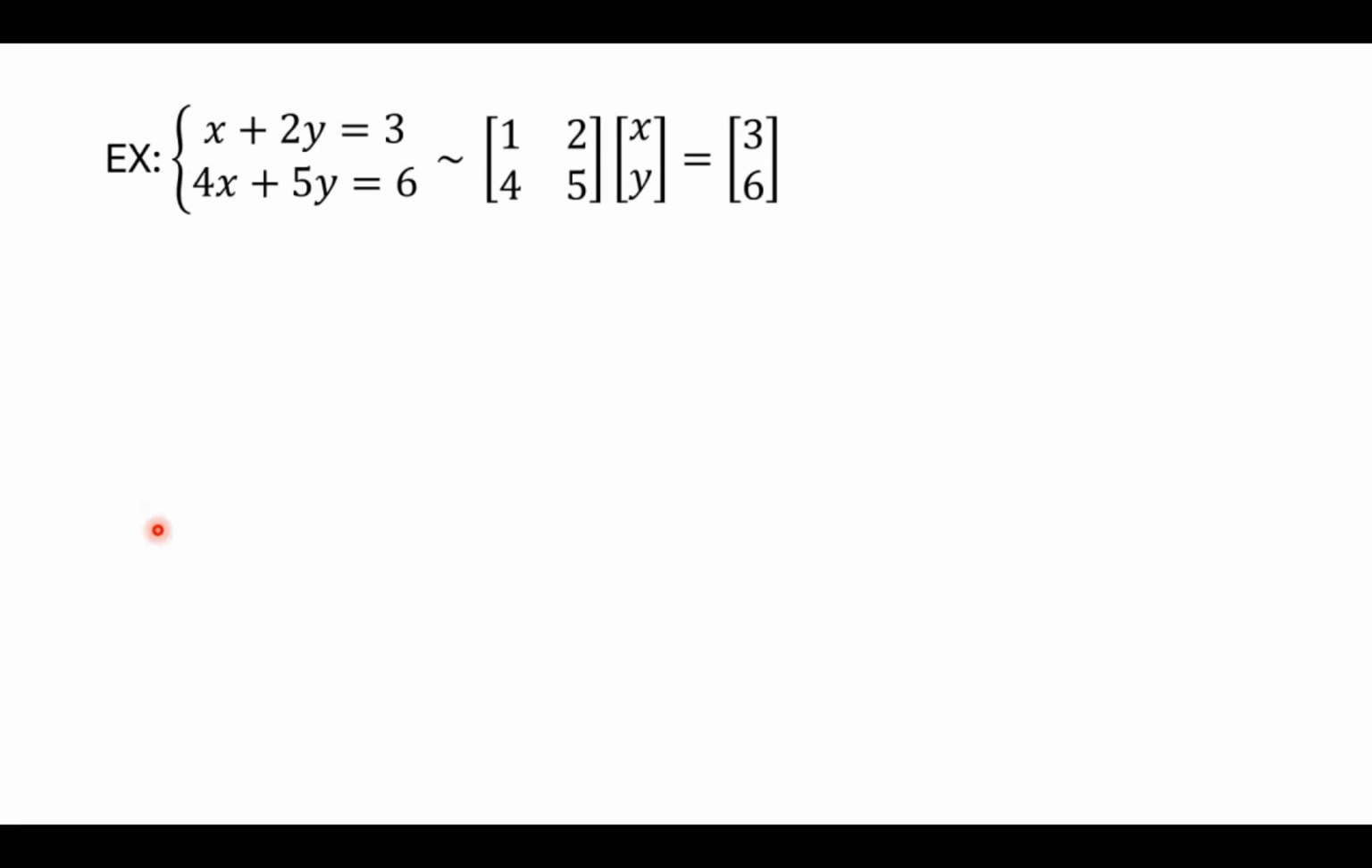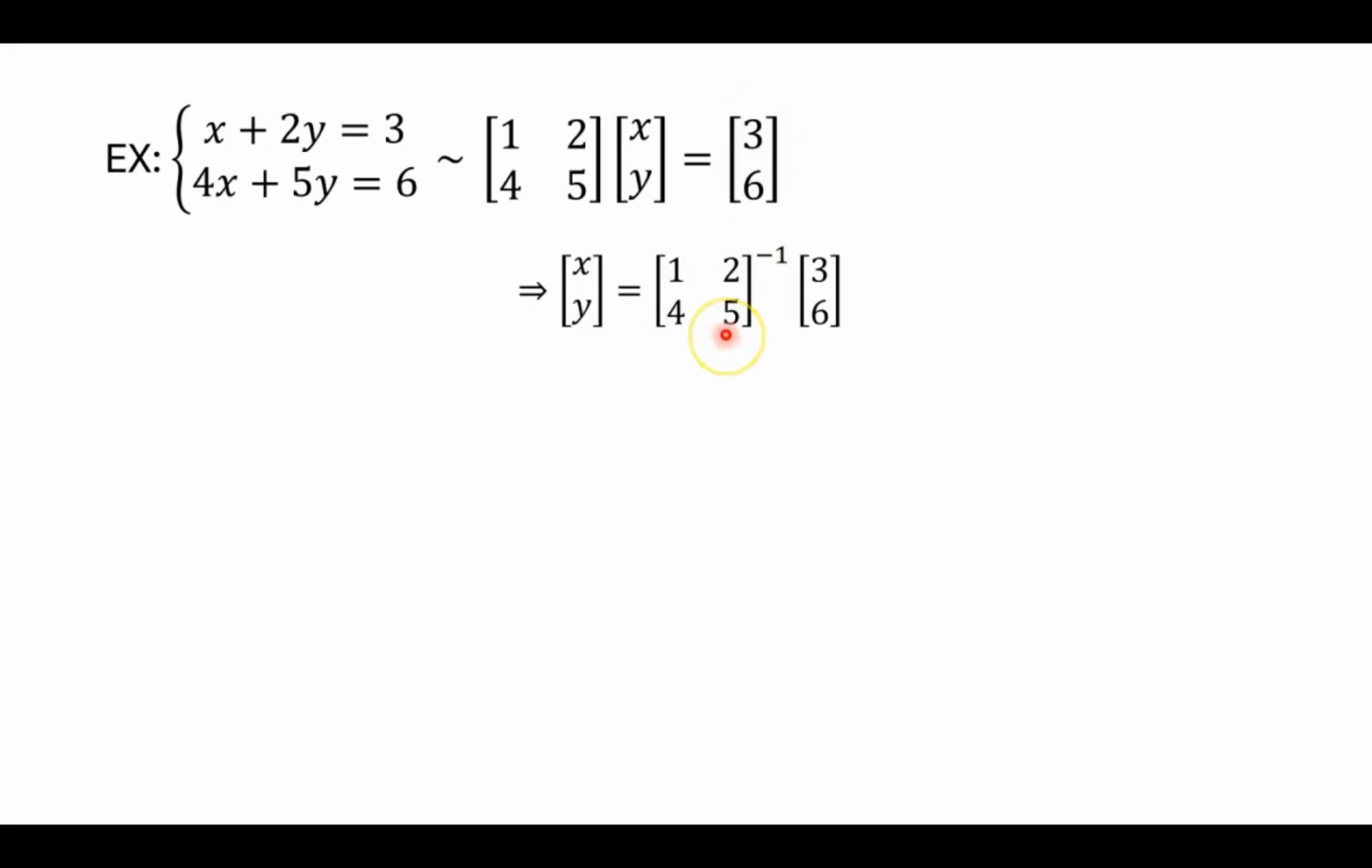So let's just do an example question using inverse matrix to solve a system of linear equations. It's the example I gave you before, x plus 2y equals 3, and 4x plus 5y is 6. We first convert it into a matrix equation by pulling out all the coefficients. And then what we do is simply multiply the constant matrix on the left by the inverse of the